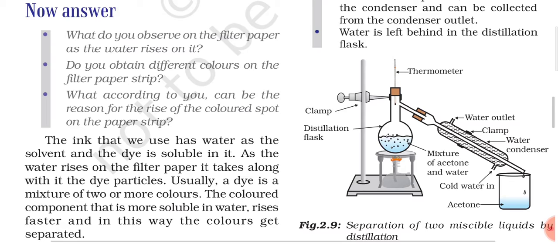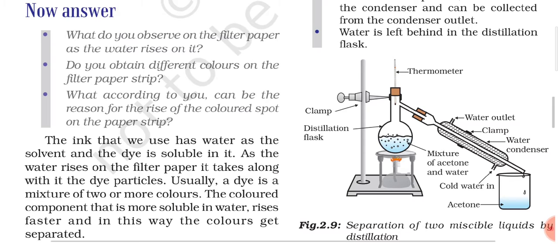We know that different substances have different solubility. We discussed this when we were discussing the terms solubility and concentration, which is a part of solution. There you can refer to. So there we discussed that different substances have different solubility. So here, if the dye is a mixture of two or more than two different components, then definitely the different components will have different solubility, and that is why the component which is more soluble in water will rise faster, and at the end of the experiment, that component will appear at the greater height